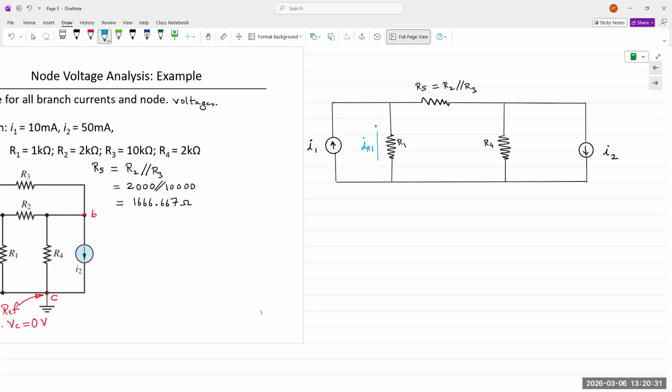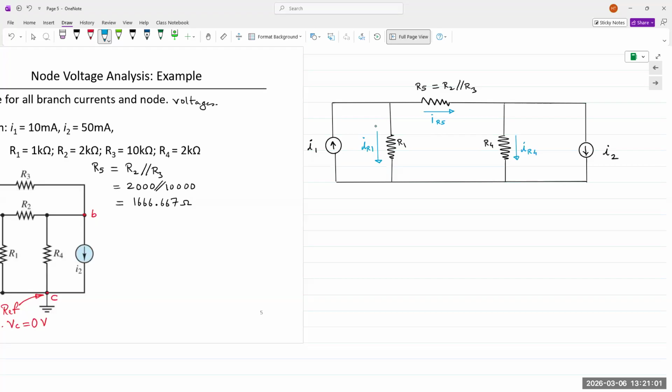Okay, so let's say I choose IR1 going down. And IR4 also I choose as going down. And IR5, let's choose this going from left to right. Now, once we've made this assumption, it follows that the branch current that we chose is going to cause a